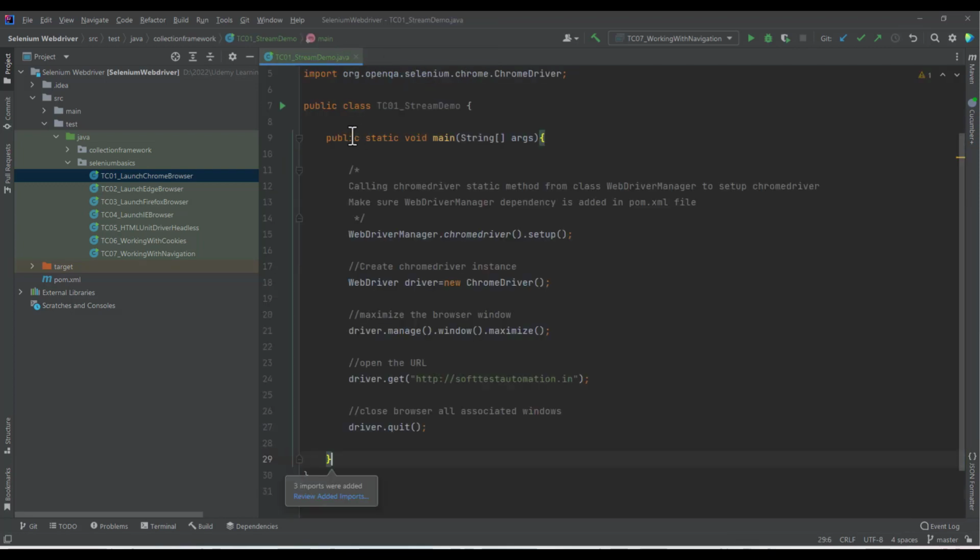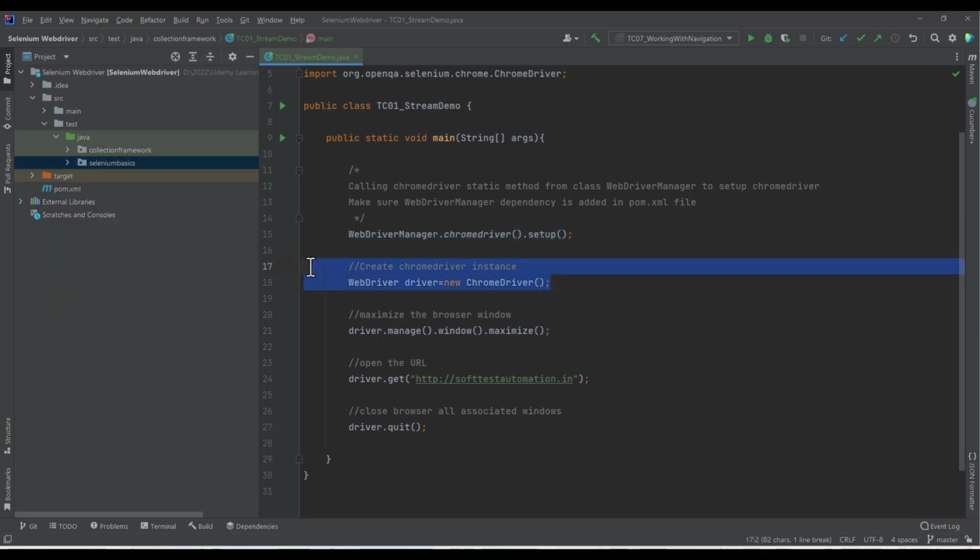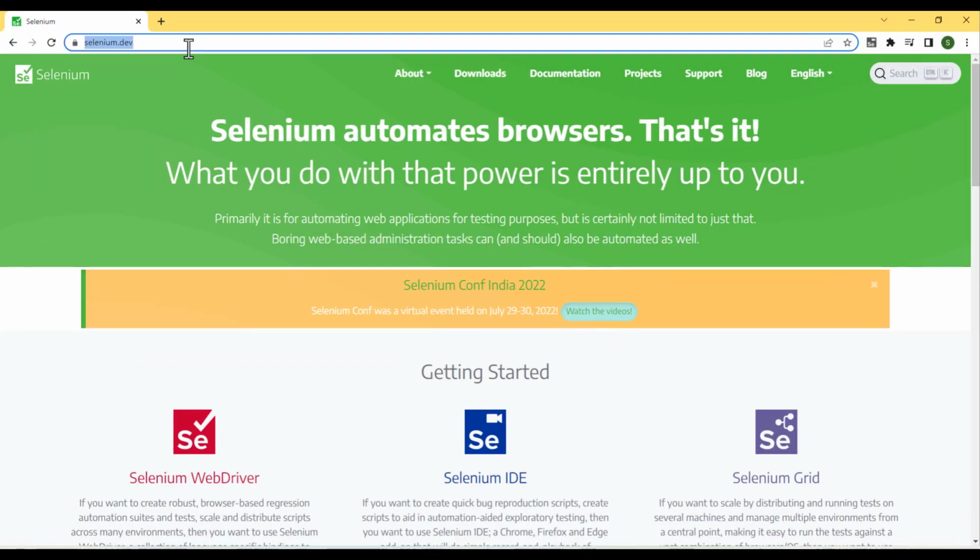So I have a main method inside a class, and in this main method I am setting the Chrome driver. To do this I have used the WebDriver manager dependency. Using that we can set up the Chrome driver, Firefox driver, Opera driver, all the types of driver. After that I'm creating an object of Chrome driver, and then I'm maximizing the browser using this method, and then I will navigate to one URL, and finally I'm closing the browser. This time I will just navigate to this Selenium website,